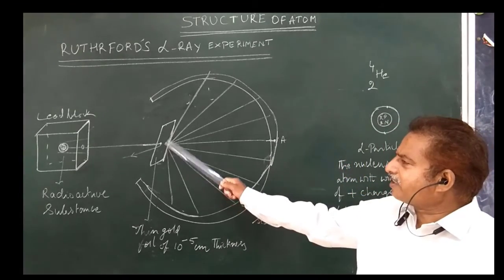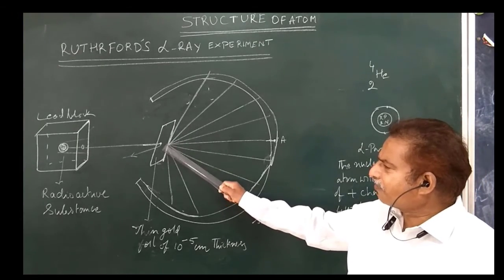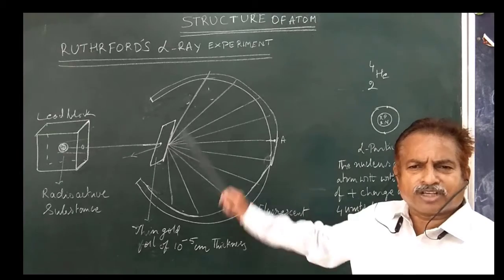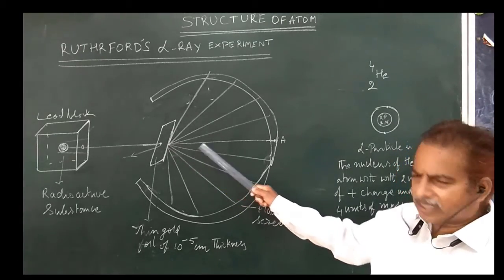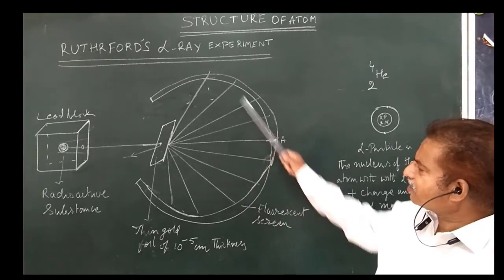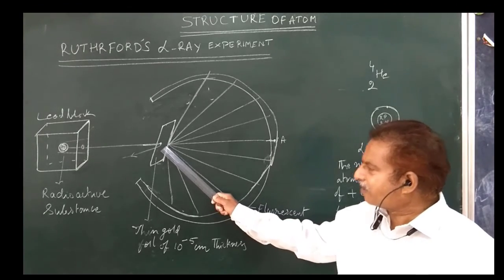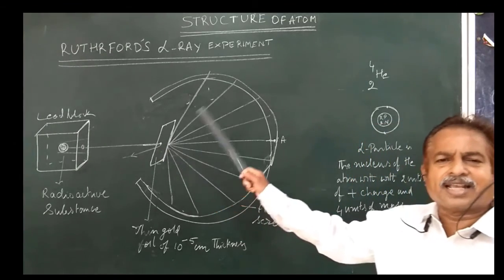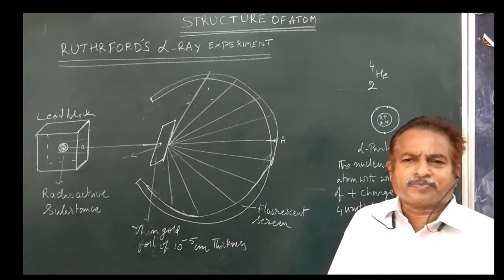It may be concluded that the gold foil is full of atoms and the atom is almost empty. Since the atom is empty, most of the alpha particles could penetrate through the foil. Since a few scintillations are made at different points, a few alpha particles are deflected. Deflected means they are repelled. They are repelled and of course they change their path.